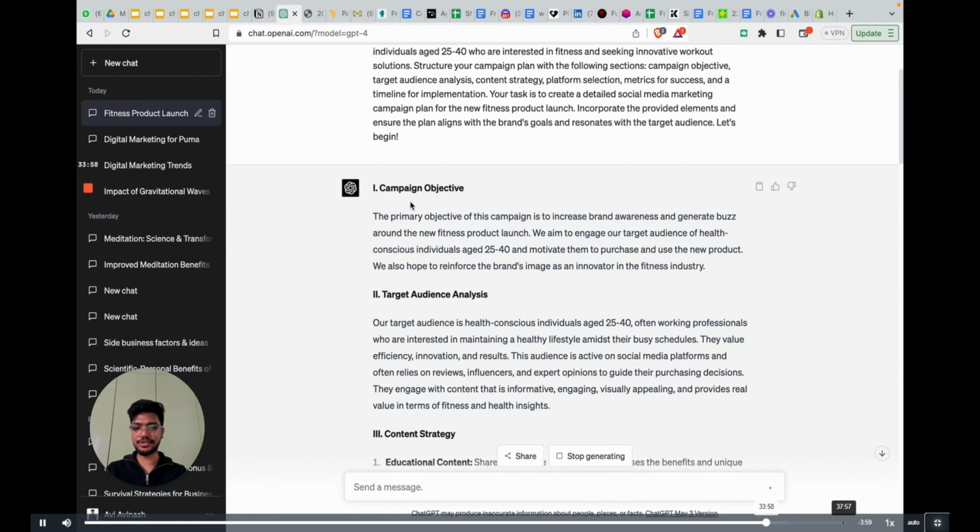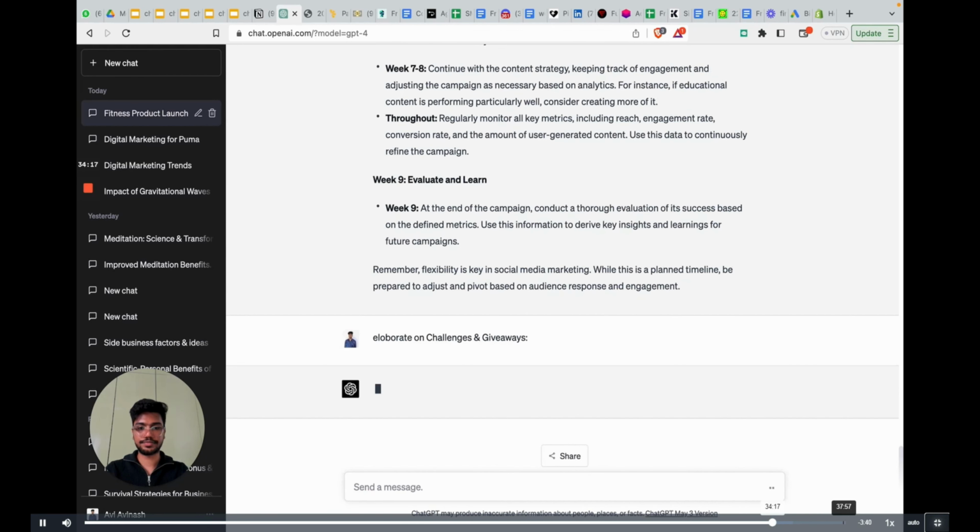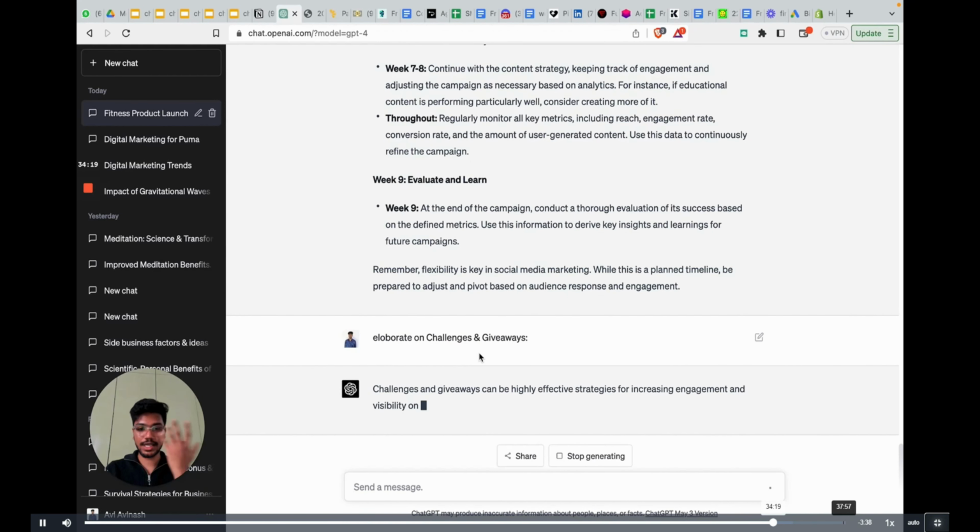Campaign objective, I think you don't need it, but from content strategy, you can elaborate the whole content strategy, or just user generated content. So let's elaborate on challenges and giveaways, which can be highly effective strategies.